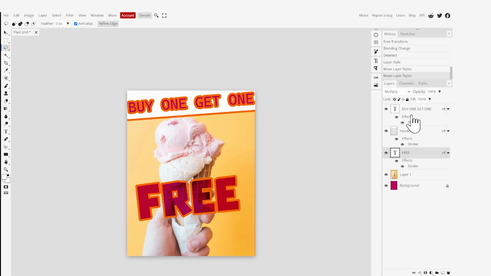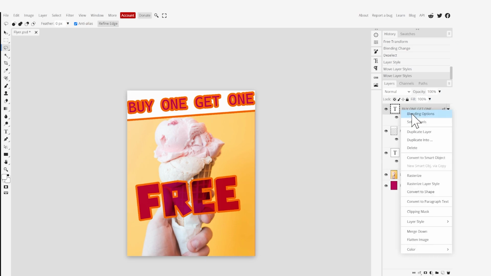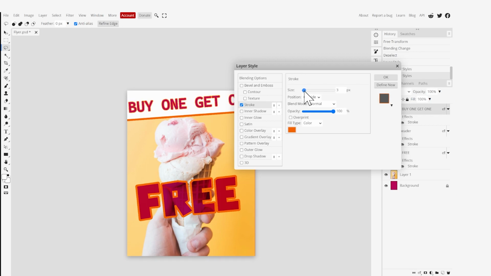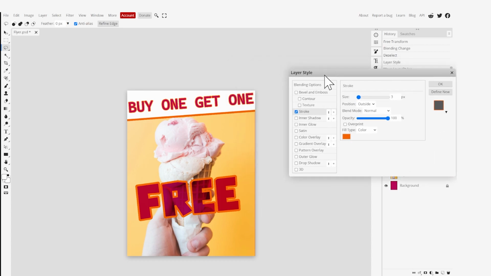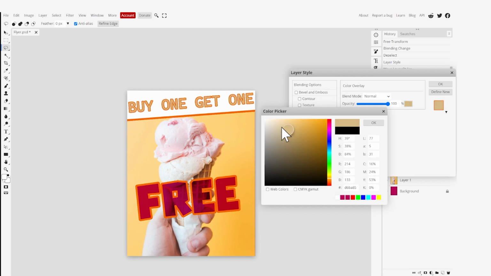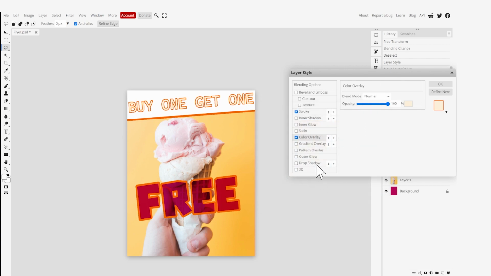So to adjust it, we are going to right click on it, go to blending options, and basically click on stroke and slide it down. Okay, so we have that there, and maybe if you're not happy with the color in the header, you can click on color overlay, and you can change the color to a different one. So you see now we are changing the color to a different one. So maybe I'm going to keep it like that,